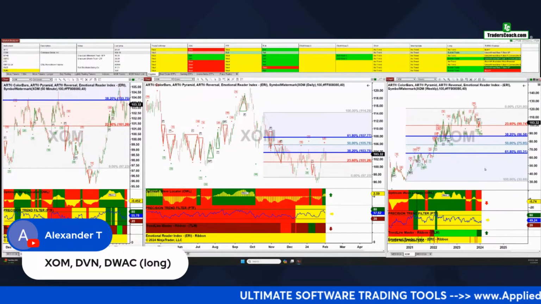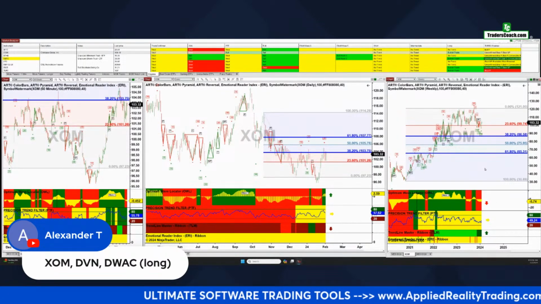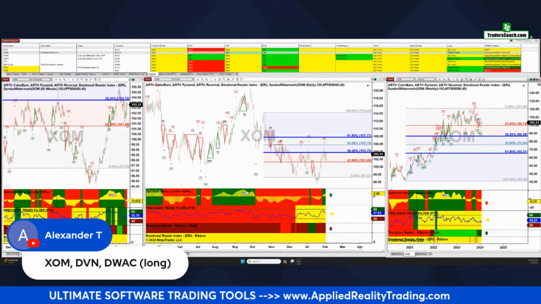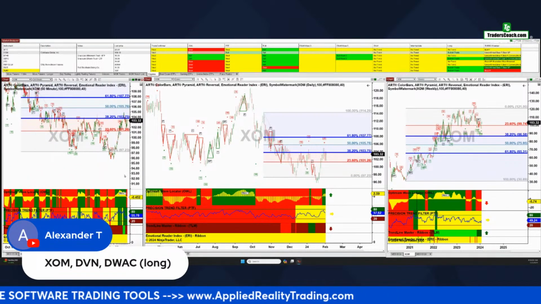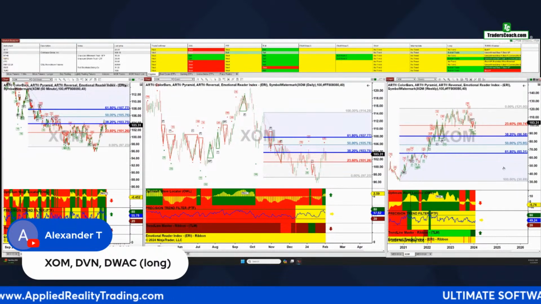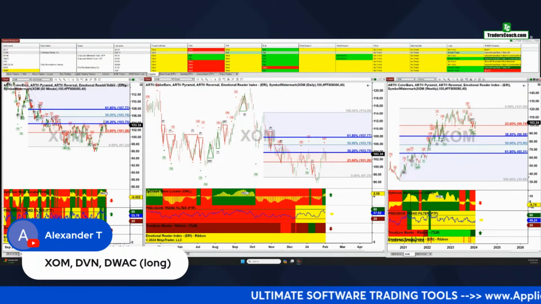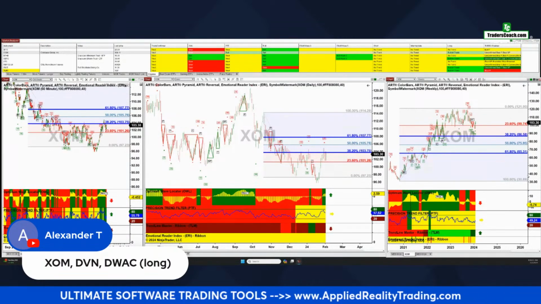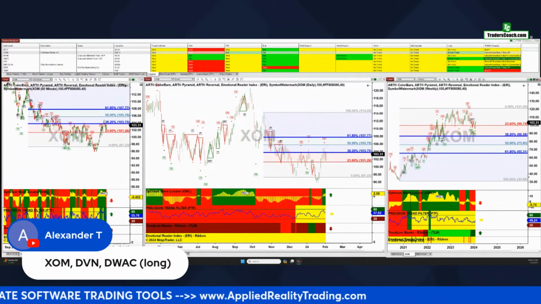Let's see what we got here. You are long here. Well, you've got the PTF on the 60-minute time frame in your favor for a long trade on this one. The only thing is ExxonMobil longer term might need to come down a little further, which is kind of interesting.